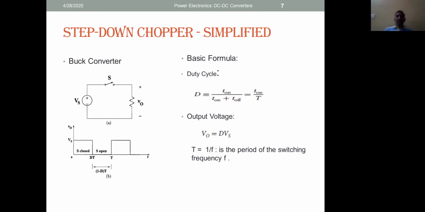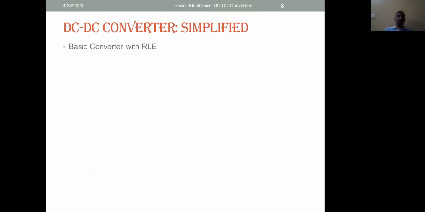And what we get to solve the numericals or get the output voltage based on input voltage and duty cycle control is D, defined as the duty cycle, which is T on, means on period, to on period plus off period, means a complete cycle. T on plus T off is T, which is the complete cycle. So D is T on by T. Actually, the output voltage V0 is nothing but D into Vs because it is a simple average. So time period is 1 by F, the switching frequency.